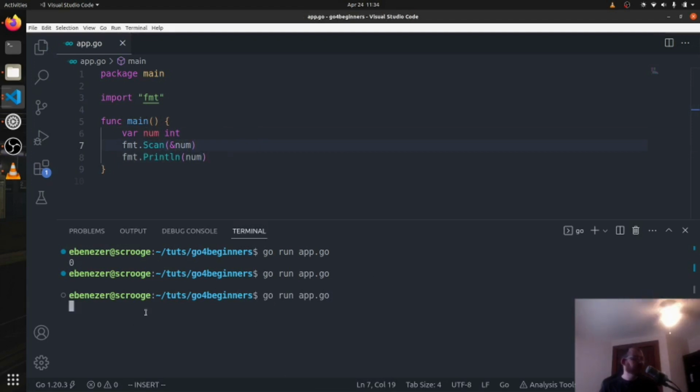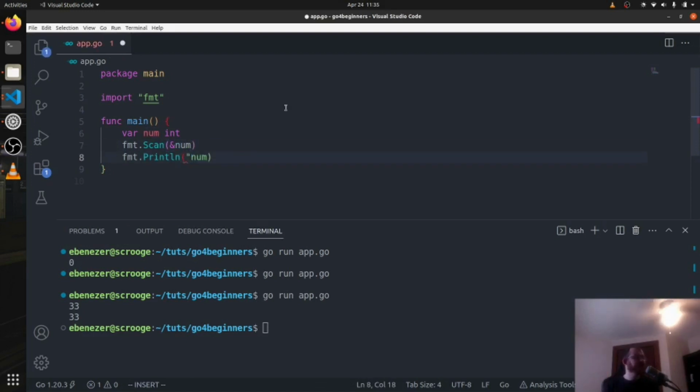You'll see our program's not printing anything, but it's giving us an option to put in a value here in the terminal. So I'm going to put in 33, hit enter, and you'll see this is what we input and this is what it prints. Now that's not the most useful information, right? And it doesn't look great, and we don't know why it does this, but for now let's make our print a little cleaner, and we'll say "your num is:"